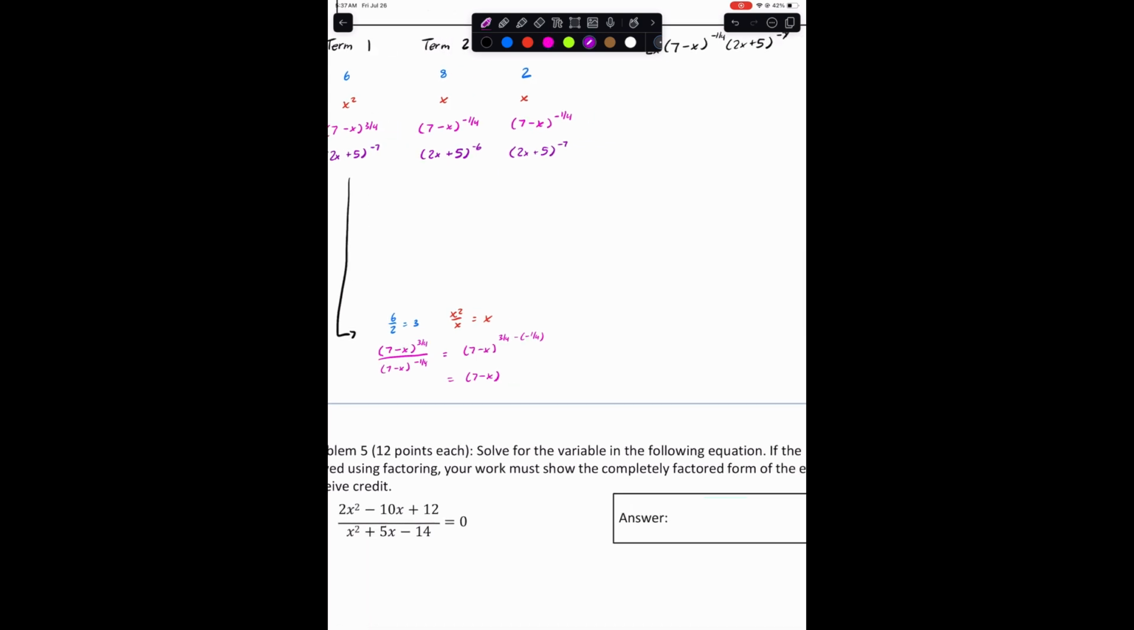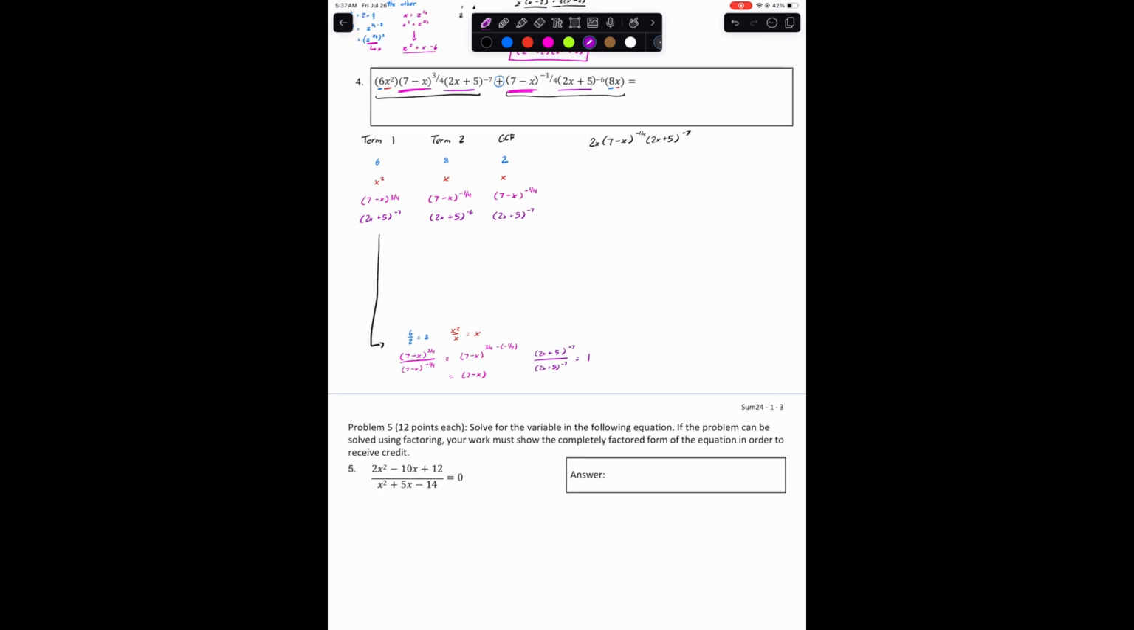And finally, 2x plus 5 to the negative 7 over 2x plus 5 to the negative 7 is just 1. So this yields me a final term of 3x times 7 minus x times 1. Okay. Now for term 2,